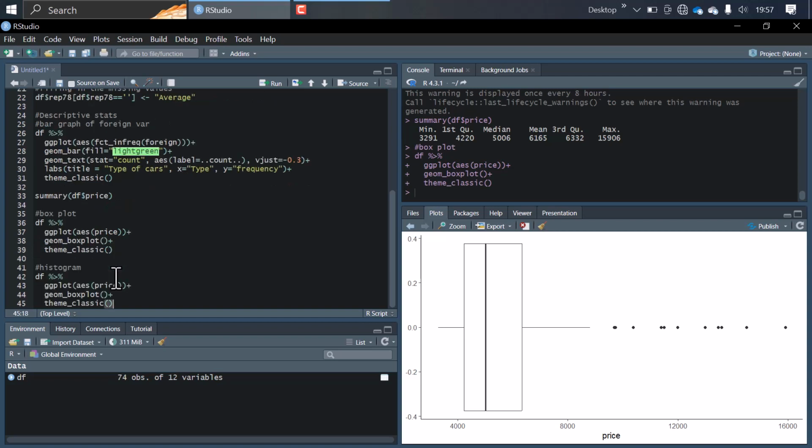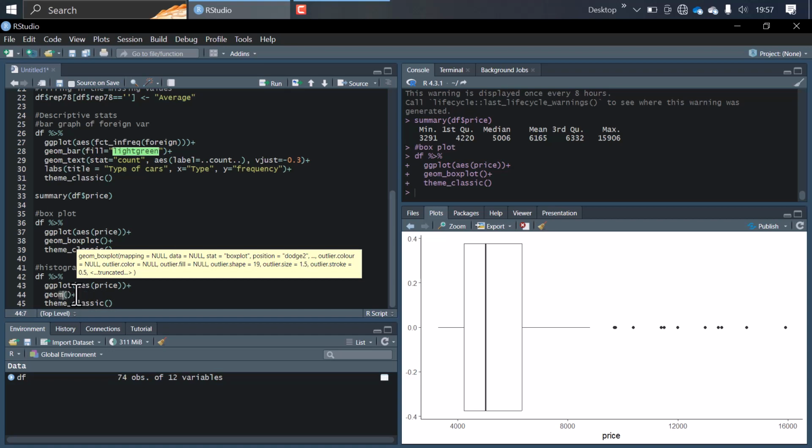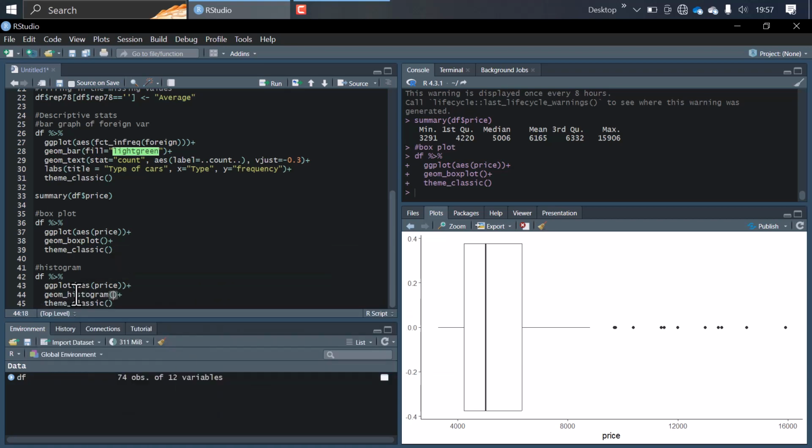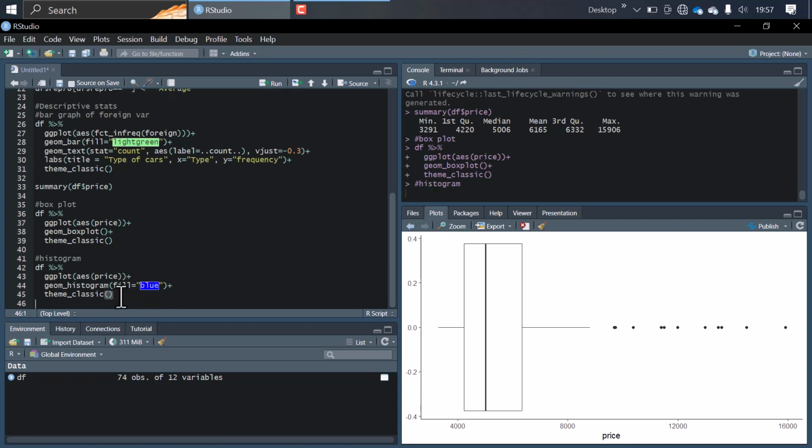Here I'll change the geometrics to a histogram, and then have some color fill with blue. Yeah, and then the theme to classic. I'll also need to put some data labels. No, I don't need data labels. So when you run,